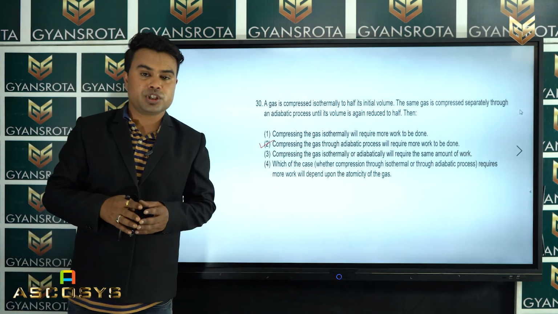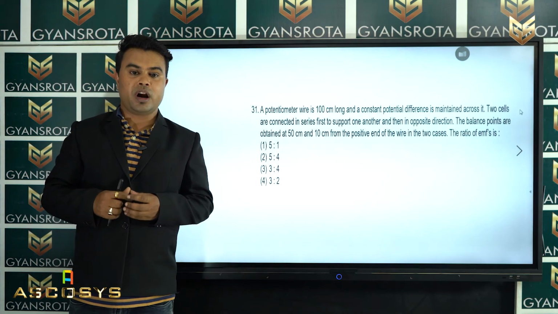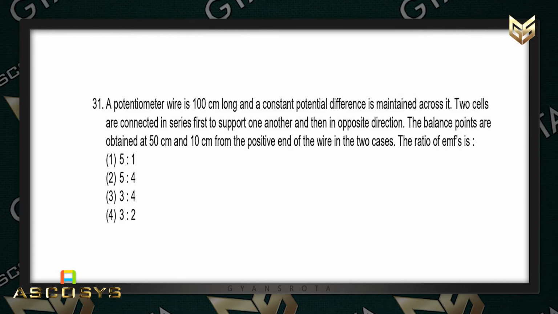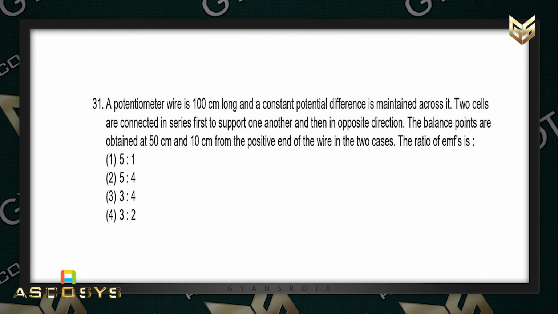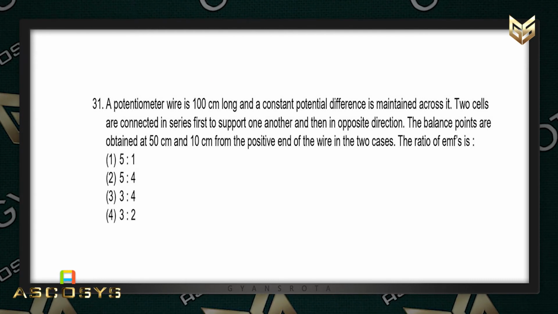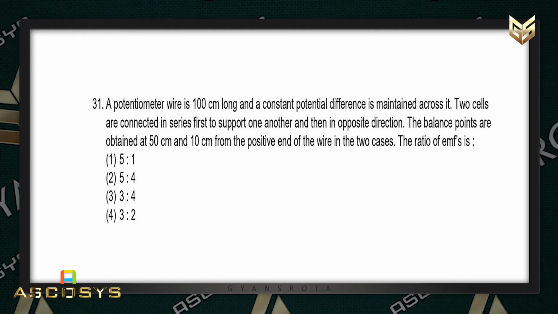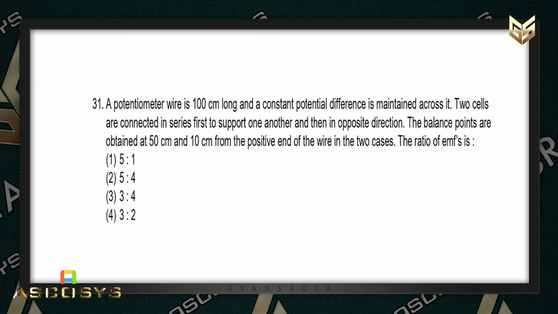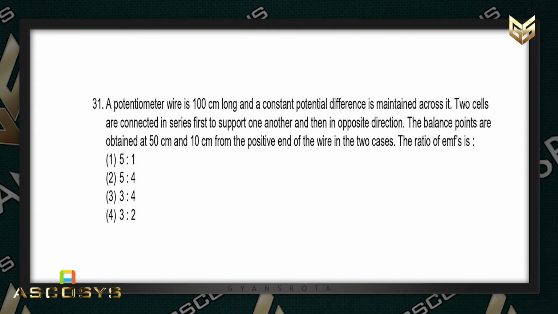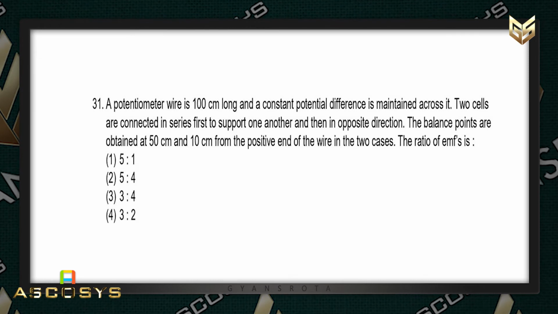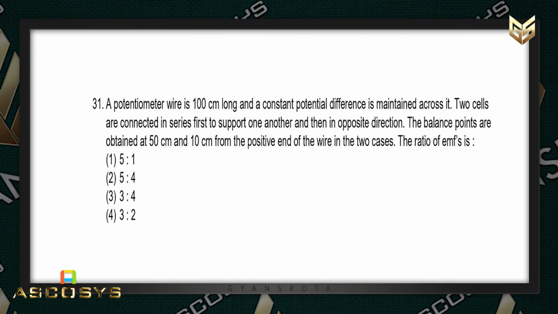Now let us move to the next question, that is question number 31. A potentiometer wire is 100 centimeter long and a constant potential difference is maintained across it. 2 cells are connected in series, first to support one another and then in opposite direction. The balance points are obtained at 50 centimeter and 10 centimeter from the positive end of the wire in the two cases. The ratio of EMF is